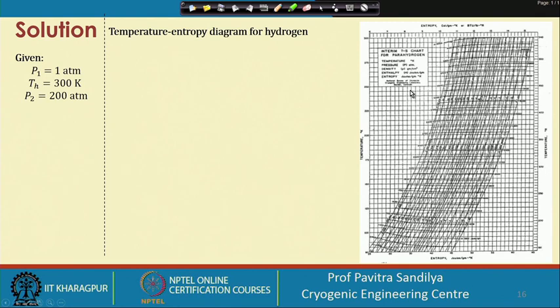Earlier we did it for nitrogen, now we are going for hydrogen, and here we are choosing para hydrogen. As we learnt earlier, why para hydrogen, not ortho hydrogen? Because whenever we are storing hydrogen, we do this ortho-para conversion first, because otherwise, the ortho to para conversion being exothermic, it will release energy and re-vaporize the liquid hydrogen. So we first convert the ortho to para hydrogen and then store it. With this logic, we are considering the enthalpy or thermodynamic diagram for para hydrogen and not ortho hydrogen.